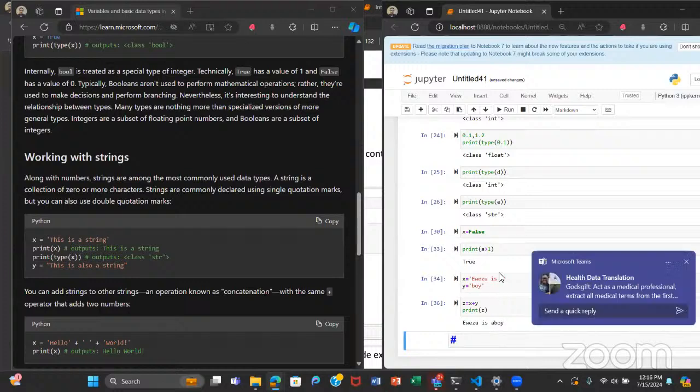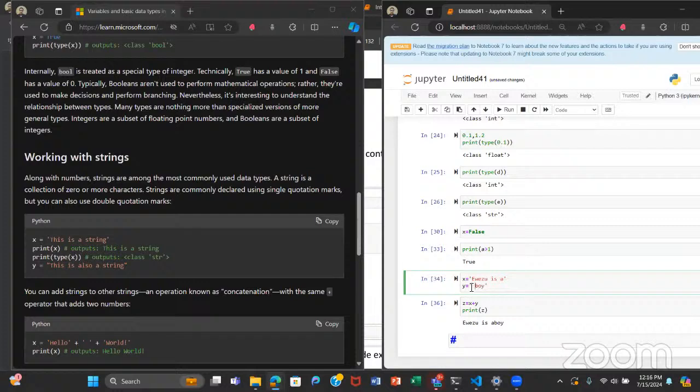If you want a space, you're going to have to put the space either in the second string, before you write your text, and then you have your space, or you put it in the first string after the last character. So you can combine two strings by using the plus sign.